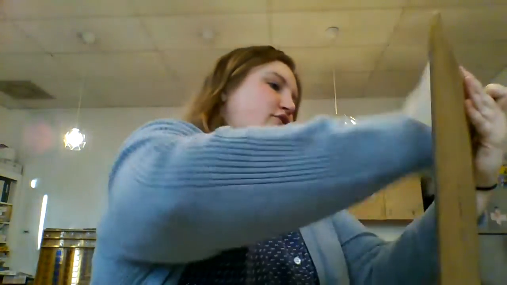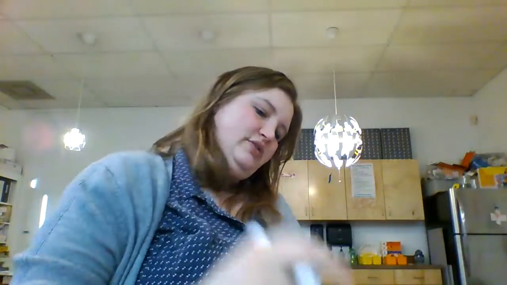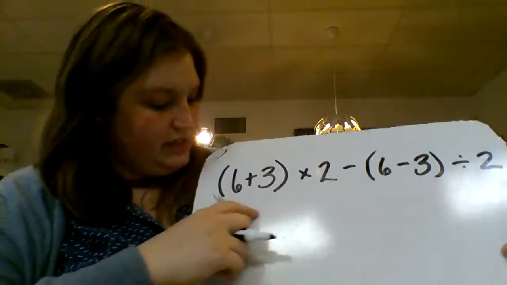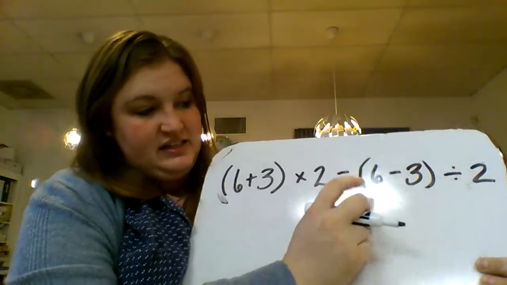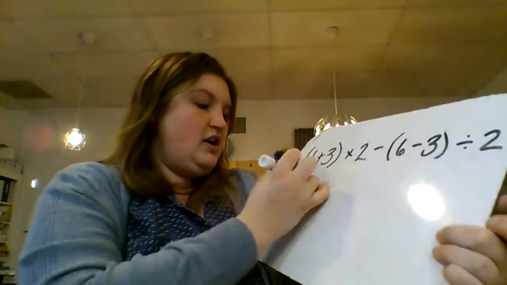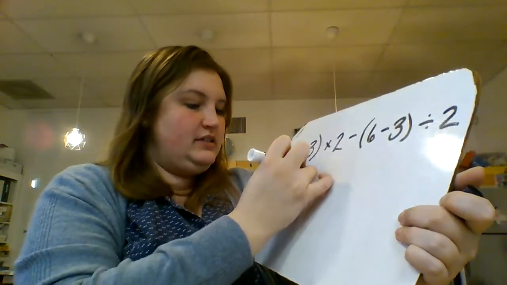Okay, so let's do parentheses 6 plus 3. That parentheses kind of looks like a 1, so I'm going to fix that. Okay, so here's what we have. I have 6 plus 3 times 2 minus 6 minus 3 divided by 2. All right, if we remember PEMDAS,